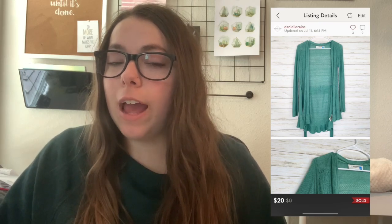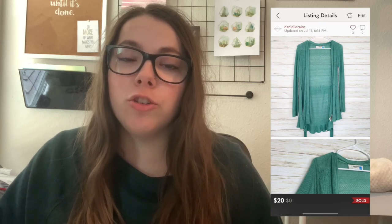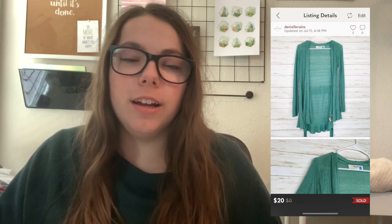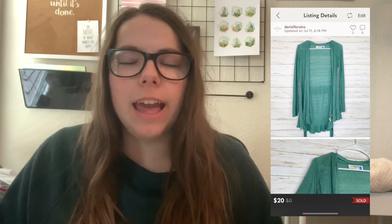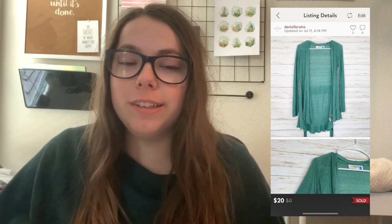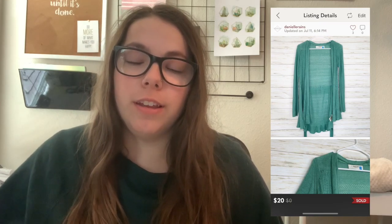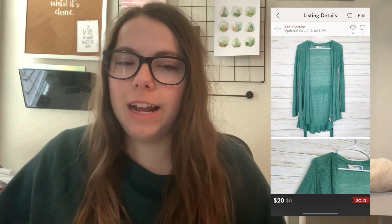This cardigan I have had for, I couldn't even tell you how long. I have no idea how much I paid for this. I got it so long ago, and it had a stain on it, and I was like, yeah, I can get it out, and I could not get it out. I got it out very little, so it was still there, and I was sending offers in my closet the other day, and this ended up selling with an offer. I think I had it listed at like $25, and I offered $20 with a $1.50 shipping discount,